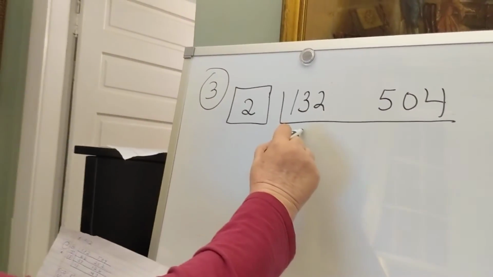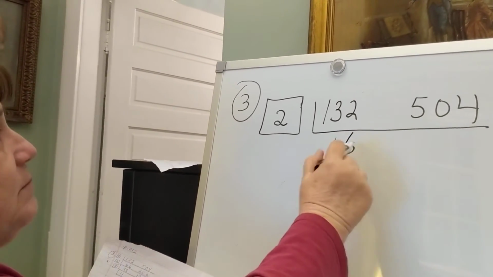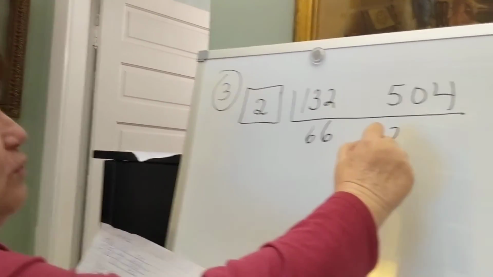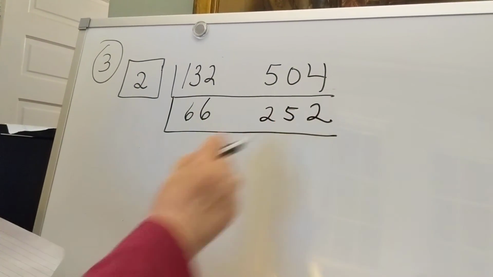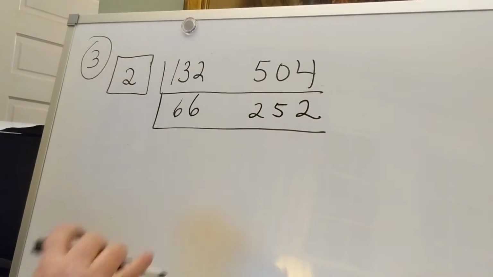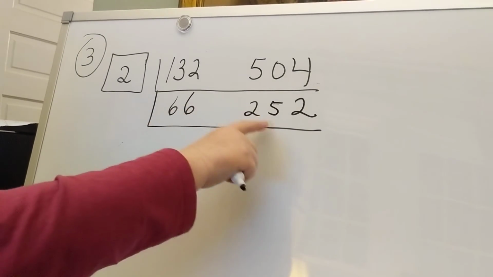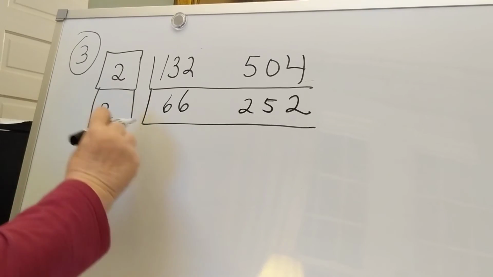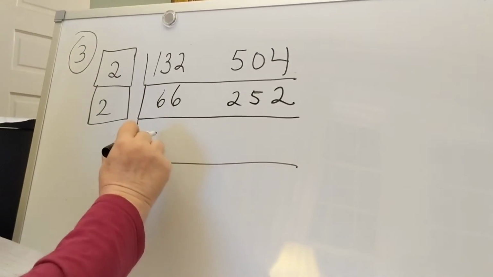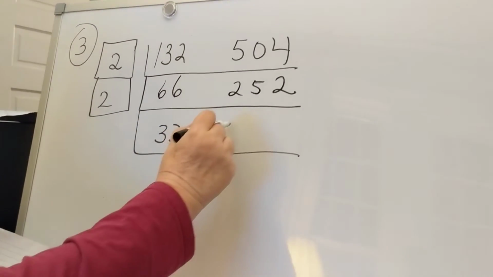2 goes into 132 66 times, and into 504 252 times. Now, can I stop, or do I see another number that will divide both 66 and 252? Yeah, I'm going to try another 2. 2 goes into 66 33 times, and into 252